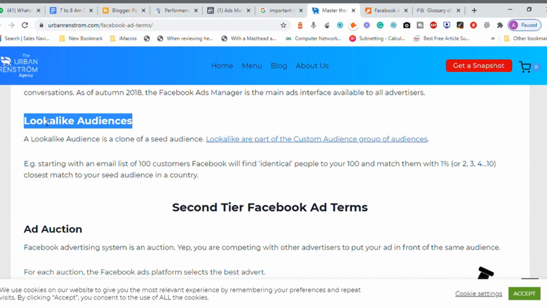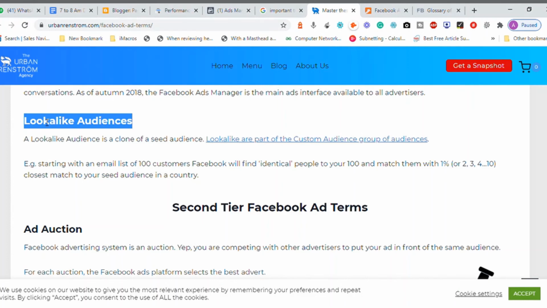Let me say you are targeting people who are working with the government sector. You are having an offer exclusively for government sector employees. If you have a list of people who are working with the government sector, and you use that as a look-alike audience, Facebook will automatically try to figure out other people who are similar or have the same profile that you are planning to target. This is one of the options we have.